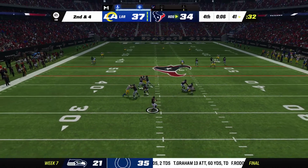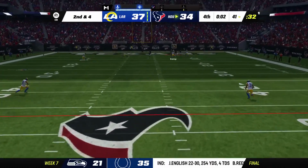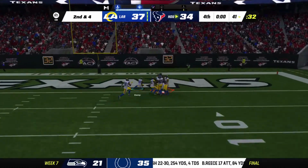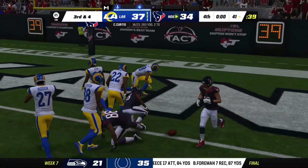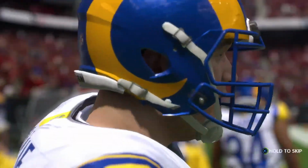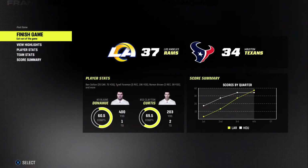Back to throw. This for all the marbles. And this is incomplete. So no miracles here on the final play. And this ball game is over. And a fun